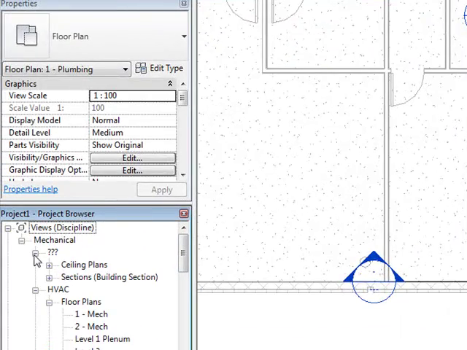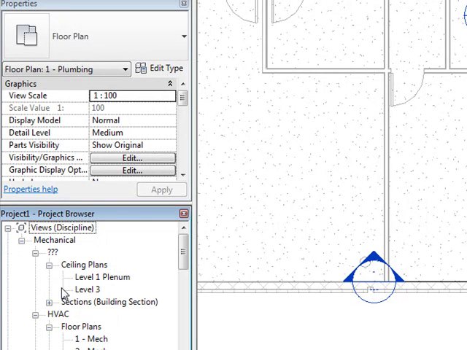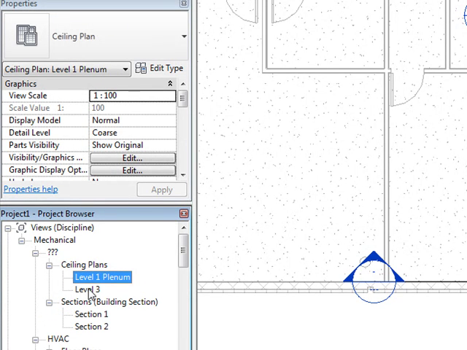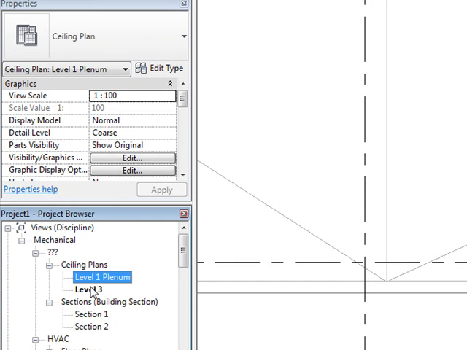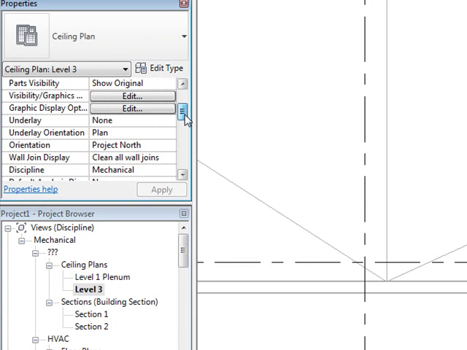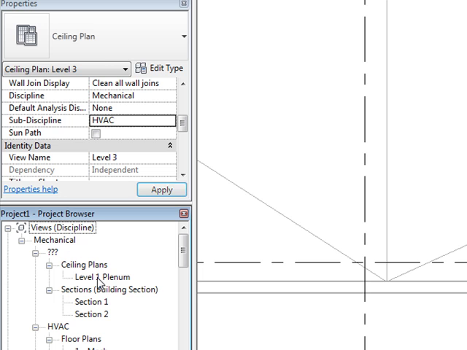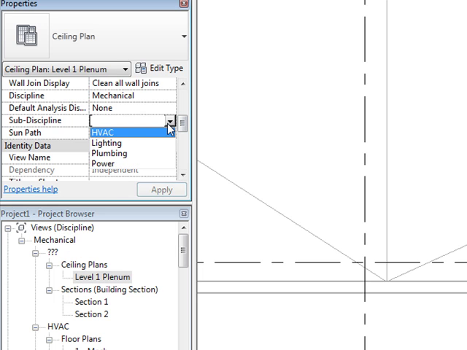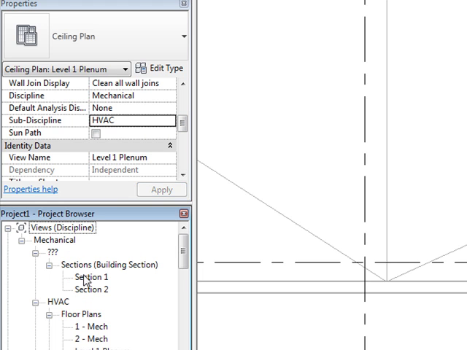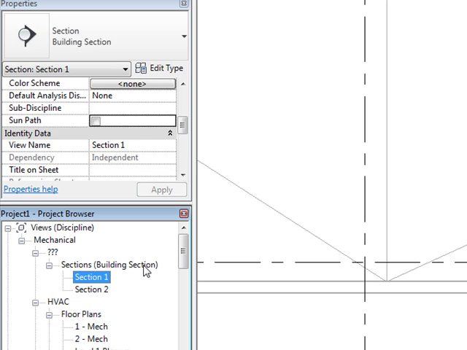For this one, you need to rename it. Here there's a ceiling plan, so you can. Okay, earlier on we added some levels. You can just move it. You can go to the sub-discipline. Just move it to HVAC. Plenum, you can move it to HVAC as well. For the sections, you can